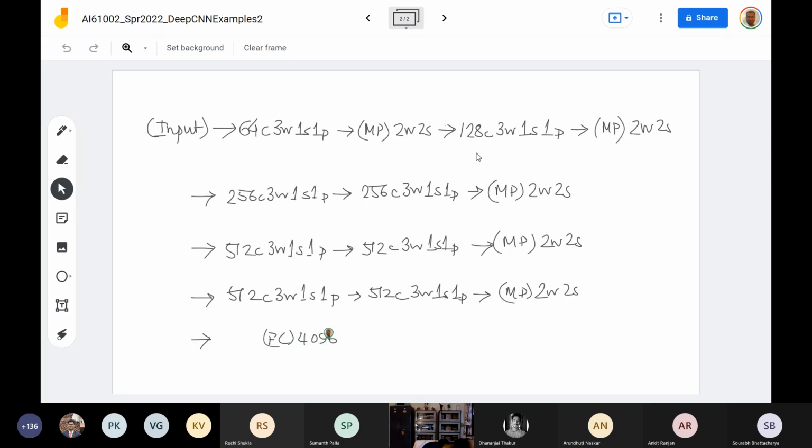So you have to calculate and tell me what this blank will be. So now if you look over here carefully,